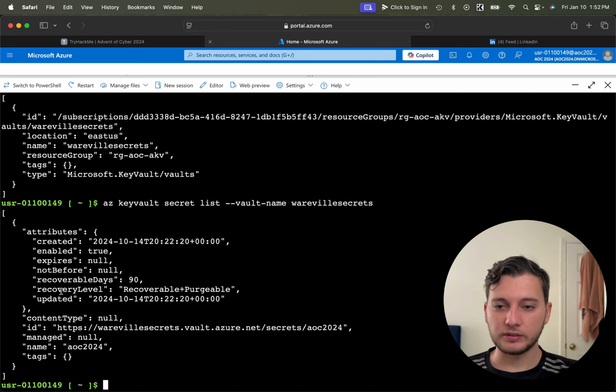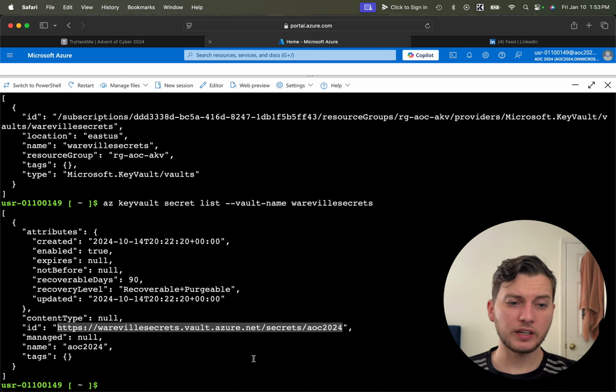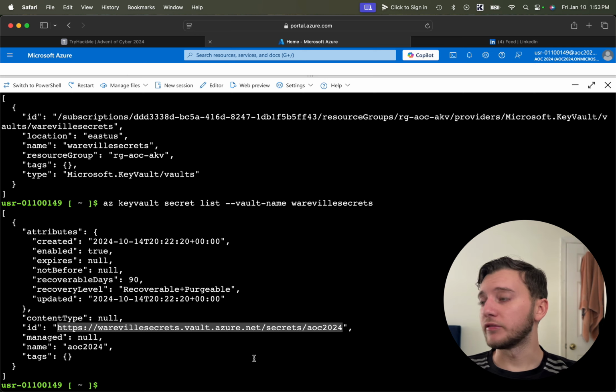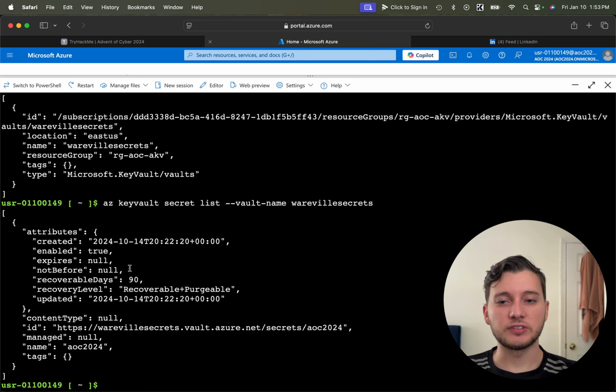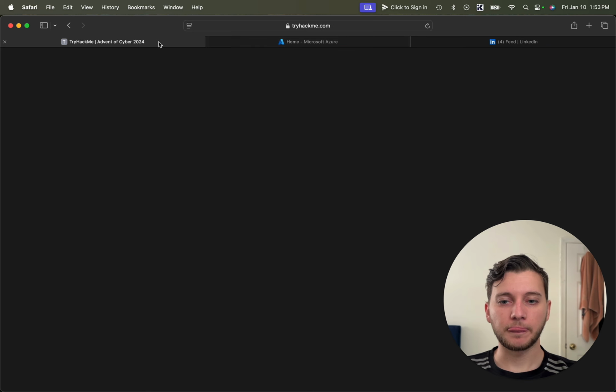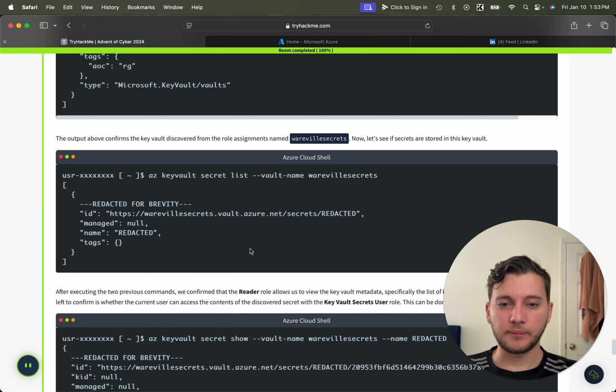We got, well, I guess we got this. And we see actually the ID here is secrets AOC 2024. So actually we're gonna wanna copy this over, because this is the answer to the third question here, because it asks us what is the name of the vault secret, and this is the name here, because this is the name of the secret in the vault, which is secrets AOC 2024. But going back,